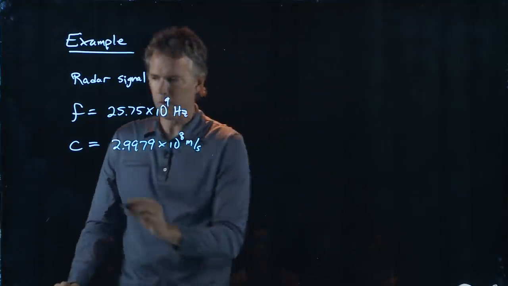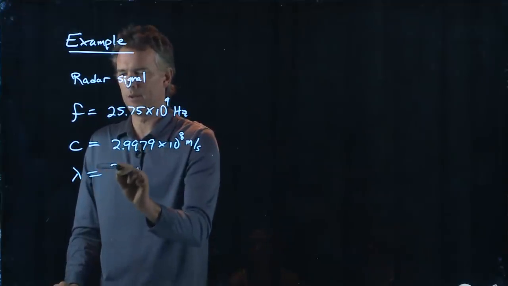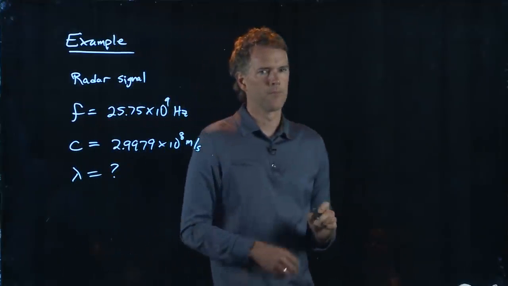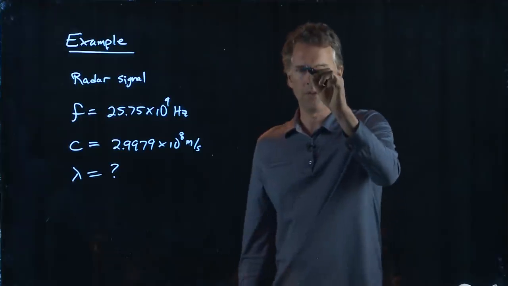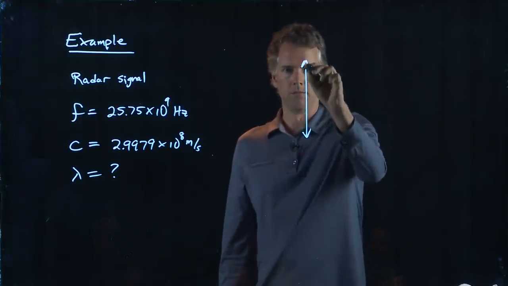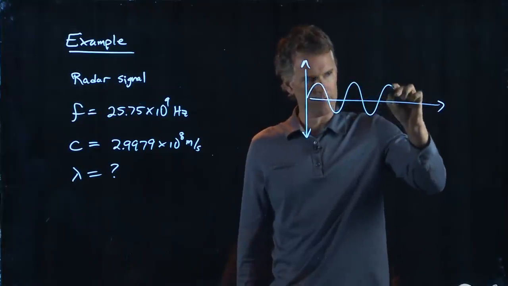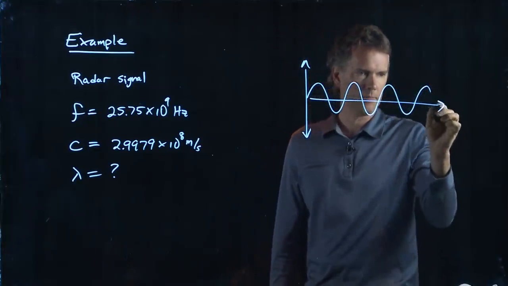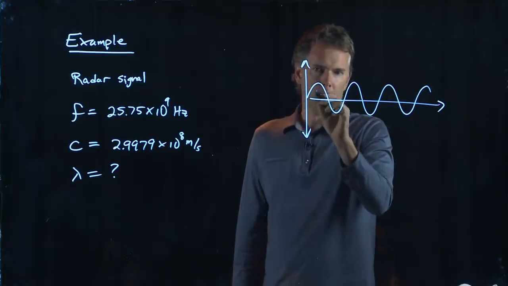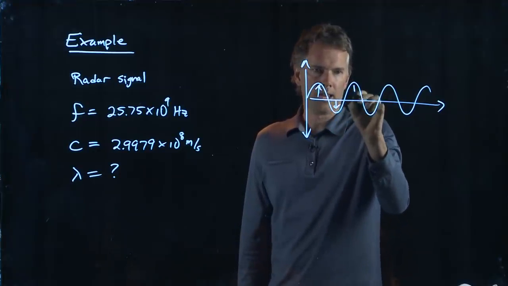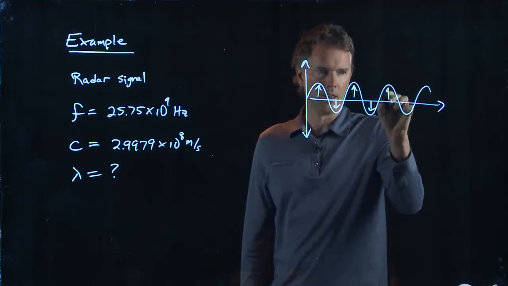And now they want to know what is lambda. Okay, when you think about these electromagnetic waves, what we said was the electric field is going up and down like that. And if we're thinking about a wavelength,